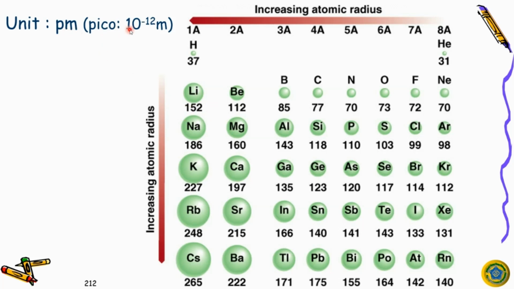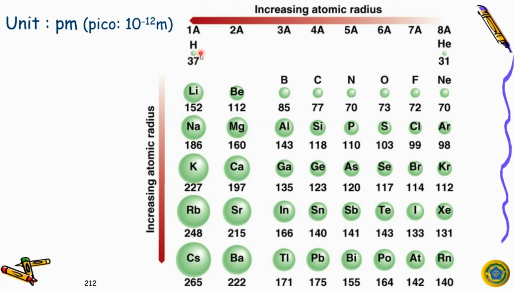Pico is very small, it's 10 to the minus 12 meter. Nanometer is 10 to the minus 9 meter, and this is 10 to the minus 12 meter. You don't need to remember this. I don't want you to remember the size of this, but I want you to see physically,